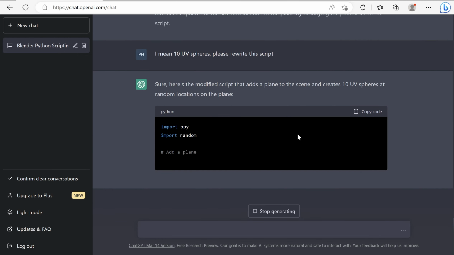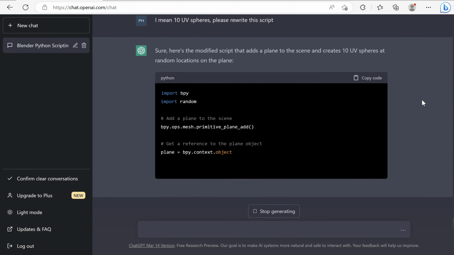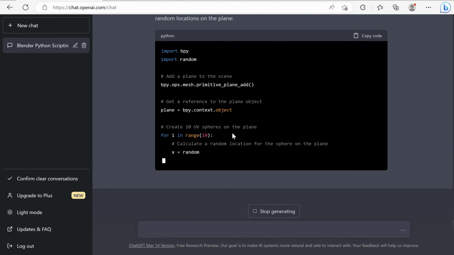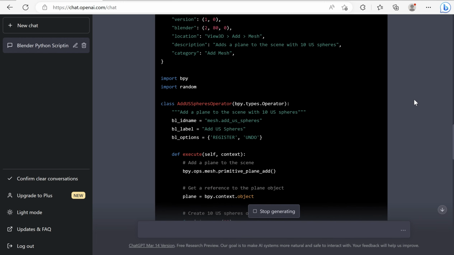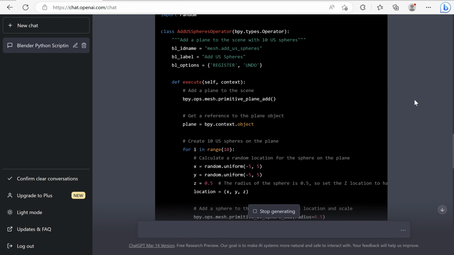Sure, here's a modified script, blah, blah, blah. And it'll write out the script again, 10 UV spheres. I'm going to check the code up here. 10 US spheres. So it's not as intelligent as you would hope, not as intuitive of a setup, but I